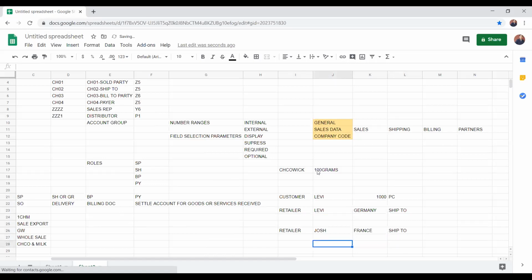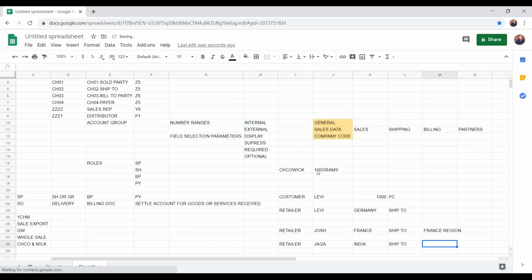So we found another retailer, Jaga, who is located in India. Another ship to. But we are partners taking care of the activities of the total France region, to do the sales.